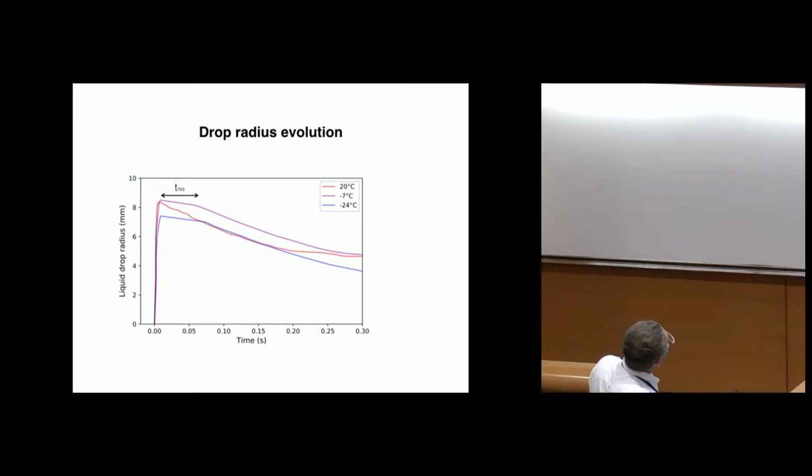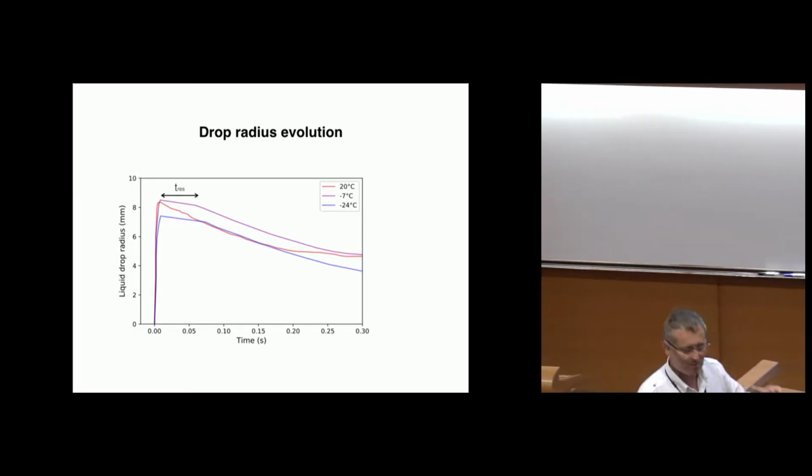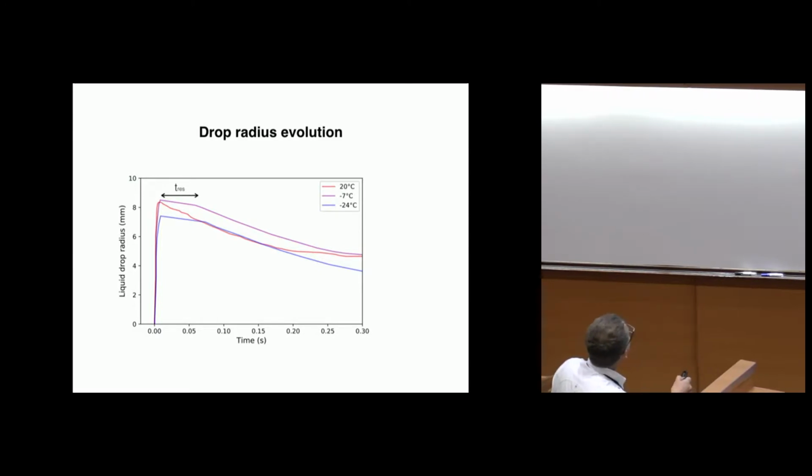On the other one, when you do the experiment with -7 degrees, -24 degrees, what you observe is a different dynamics. At short time, you have almost the same dynamics. You can see that there are some differences in the maximum diameter. So the freezing changes the maximum diameter. But if you forget about that, you have something which is very similar at short time. So the spreading is almost the same. But after it reaches the maximum radius,